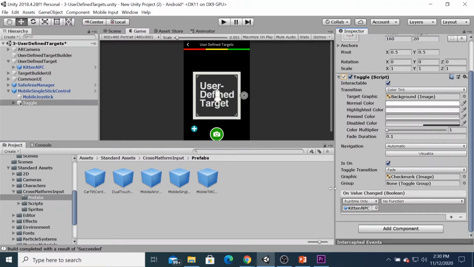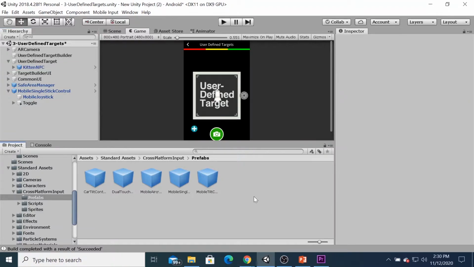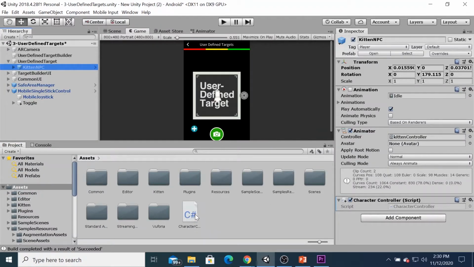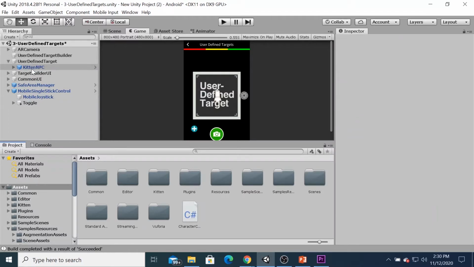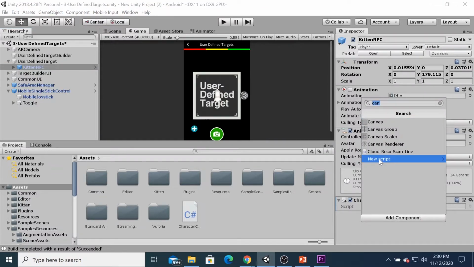For your information, inside the kitten you should add the character controller. The 3D object has a character controller. This is the C# file I already explained in the previous one. In order to add the character controller, you can click the 3D object and then add the component, click new script, and then you can type character controller.